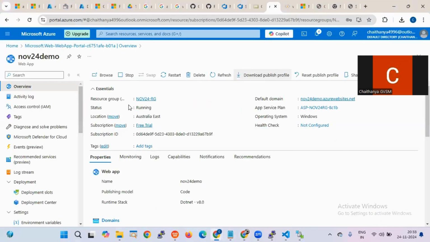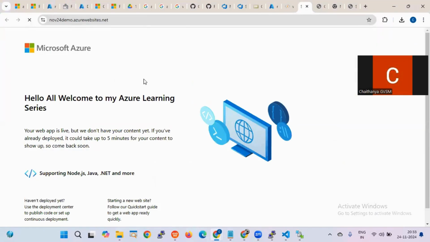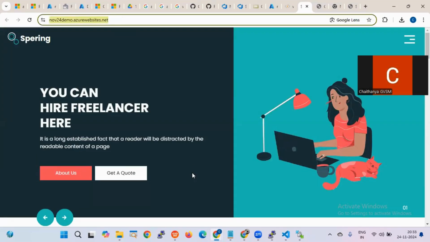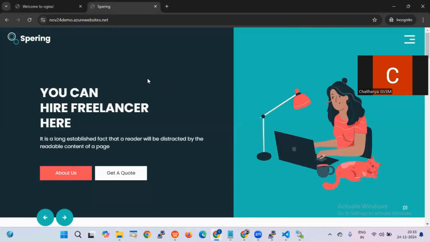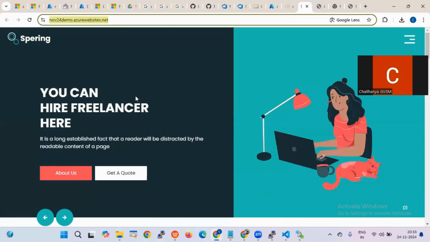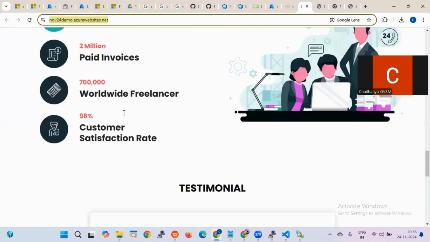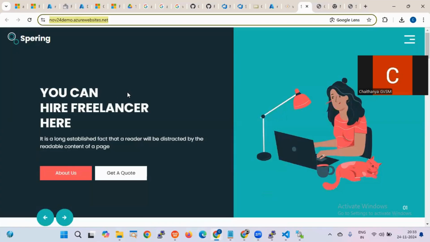Come over to the site. If you just click on refresh and let's observe, now we are getting this kind of site here. Even I'm just copy pasting into the incognito window. I hope now you are getting this site. Previously I was getting this other site. Now I'm able to get this, whatever files I have uploaded. Like this way, you can host your applications, you can host your websites in the Azure App Services